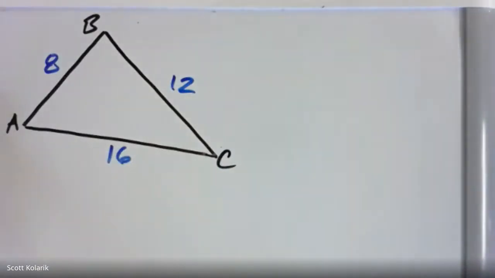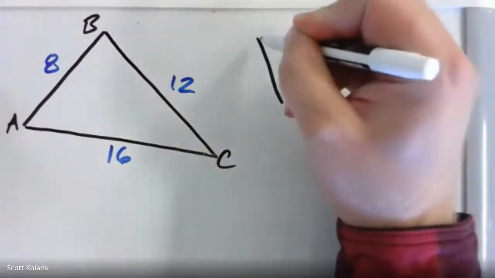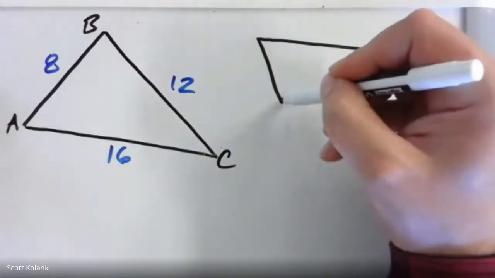Okay, so in these cases, I'm going to be comparing this given triangle, triangle ABC, to two different ones to figure out if either of them are scale models of the other. So the first one I'm going to test here is triangle DEF. And this one is quite apparently a smaller version,